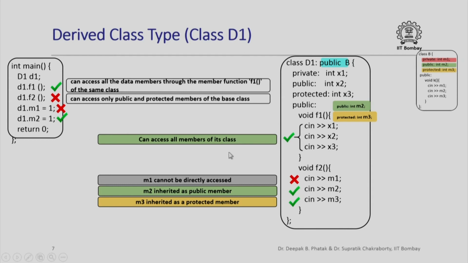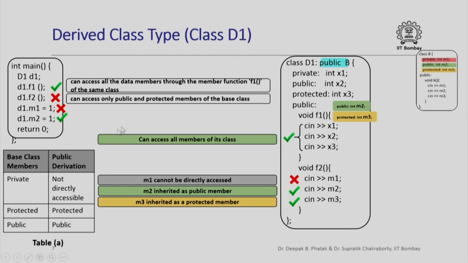So you see how the access control is specified. This specification in the base class interacts with this specification of how the derivation or inheritance happens to really give the access control specification of a data member like M2, which is declared within the base class B but is going to be accessed from the derived class D1, and then this access control specification determines whether I can access the data member within the main function or not.